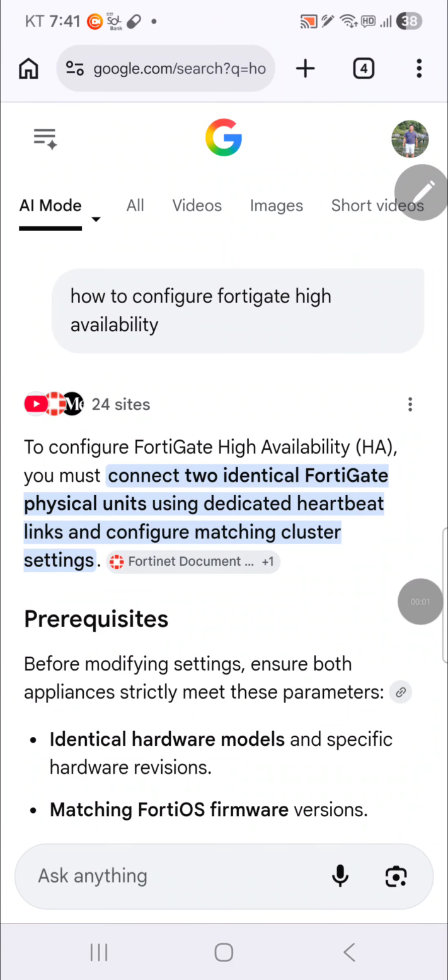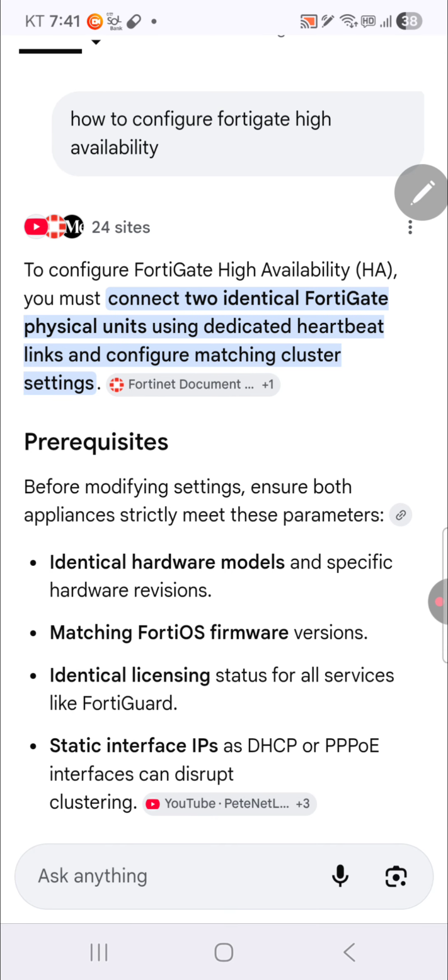To configure FortiGate High Availability, or HA, you must connect two identical FortiGate physical units using dedicated heartbeat links and configure matching cluster settings. Prerequisites. Before modifying settings, ensure both appliances strictly meet these